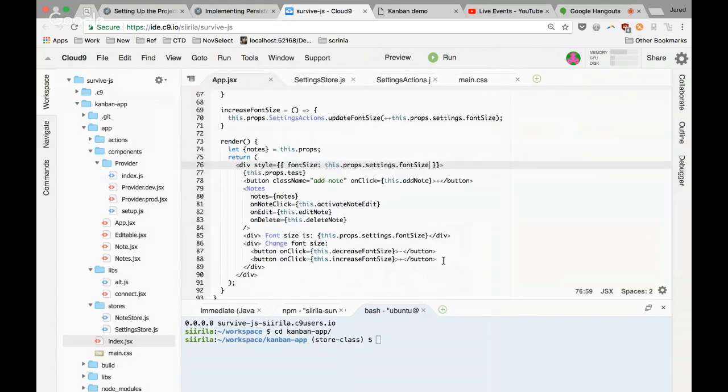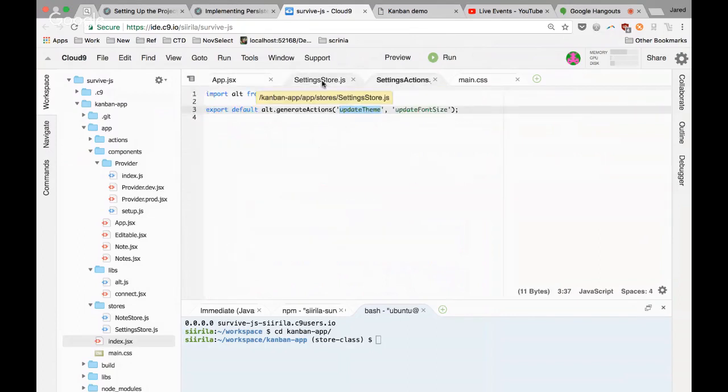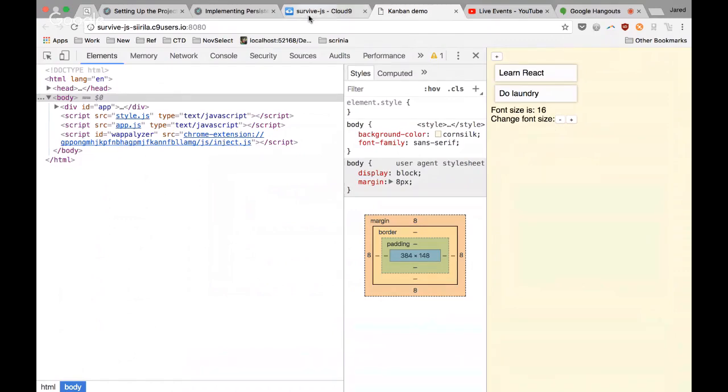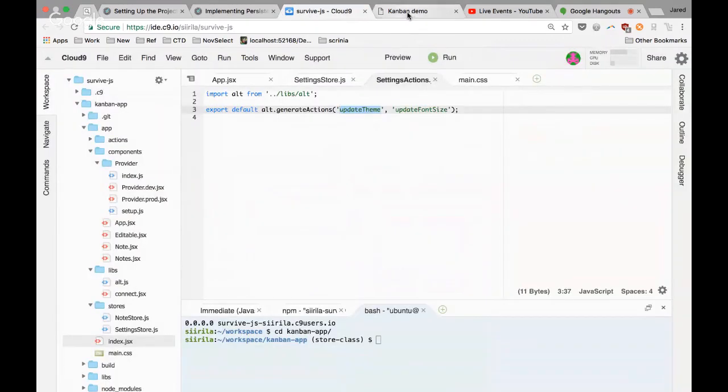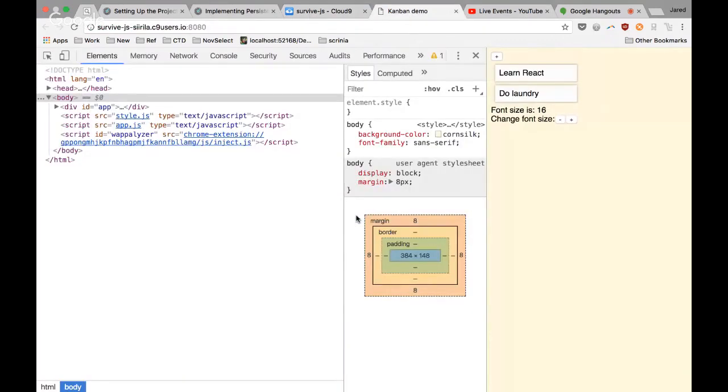And we're definitely not using it anywhere in the UI. So where do you guys want to start if we want to add in support for updating a theme? And we don't have anywhere in the UI to change the theme. So where should we start? And there's not a right or wrong answer to this. We don't have a way to